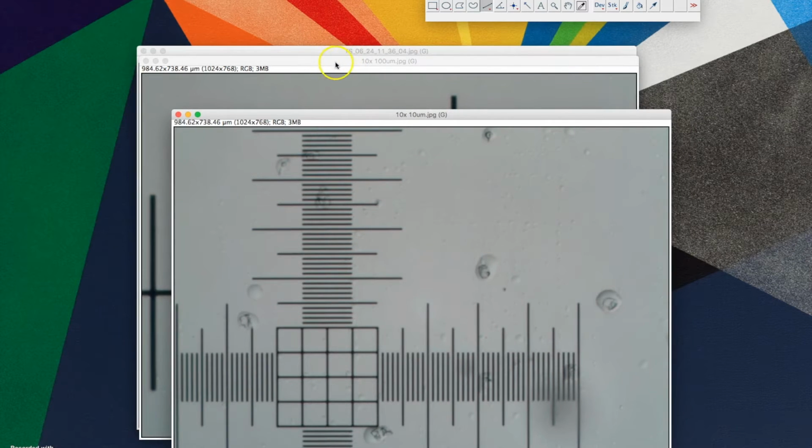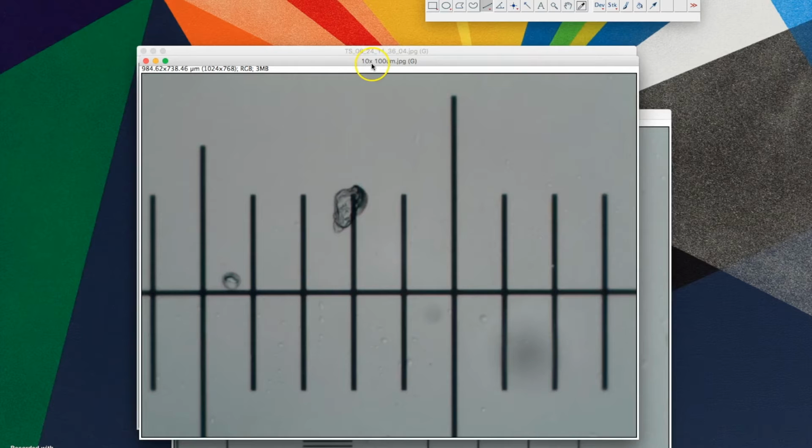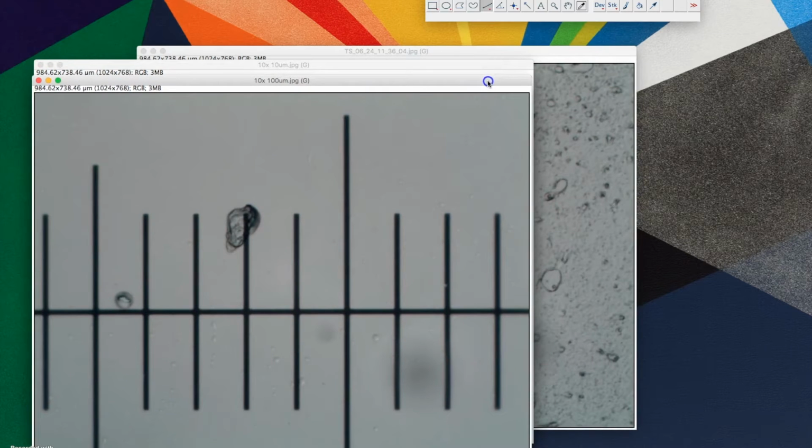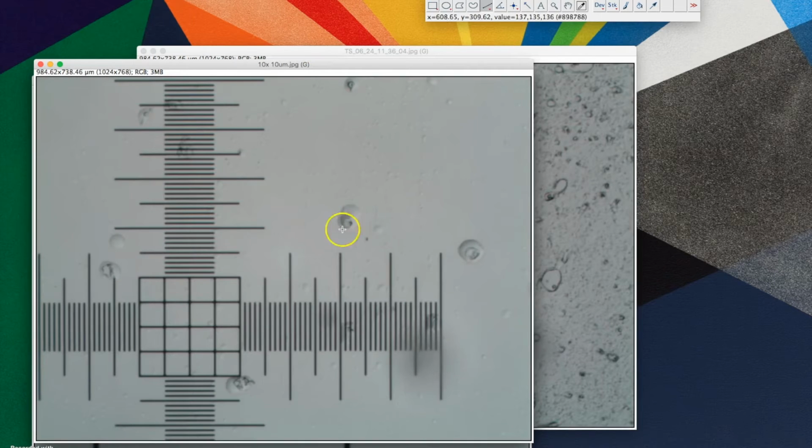We also have another image that's 10x objective, 100 microns, meaning that it's 100 microns from this to this line. So we can use either of those to calibrate. All you need to calibrate your scale bar is something that has a known distance on it, and both of these will work. We'll be using the 10 micron 10x objective calibration